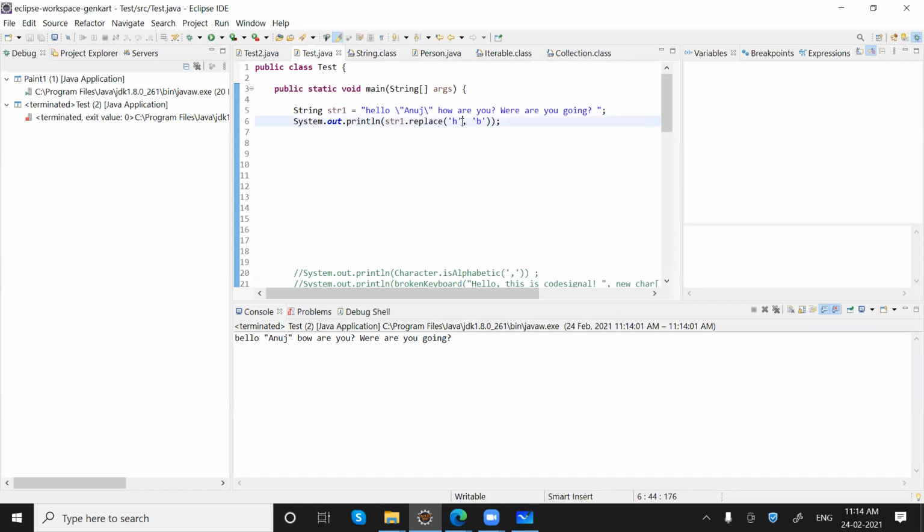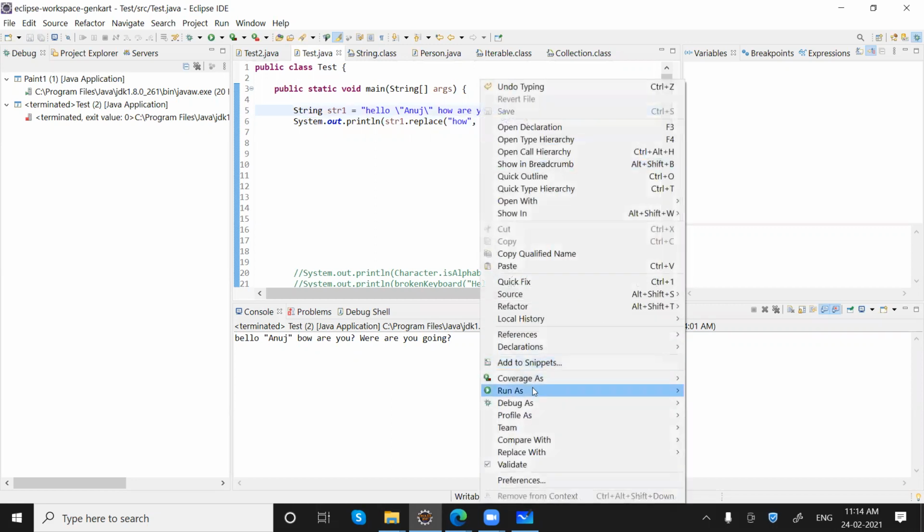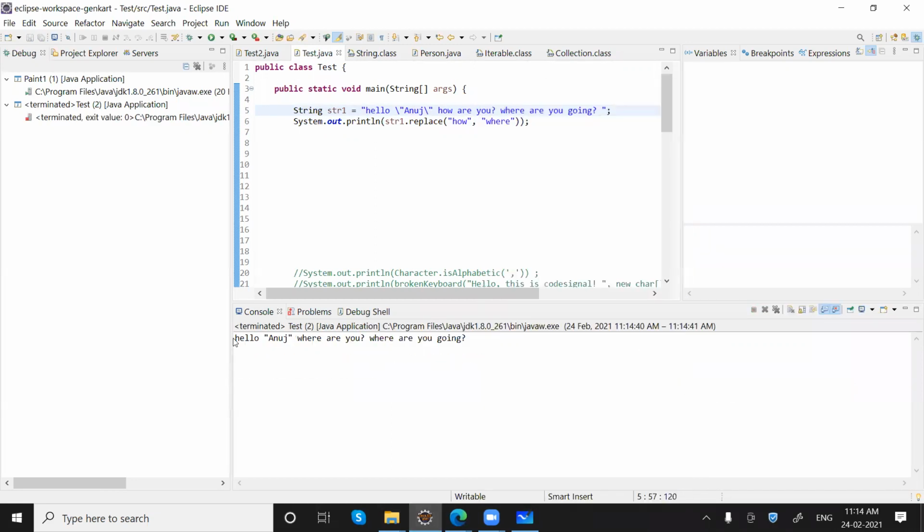Now we have another method which takes a string, like how will be replaced with where, for example. So you can see we are getting hello Anuj, where are you?